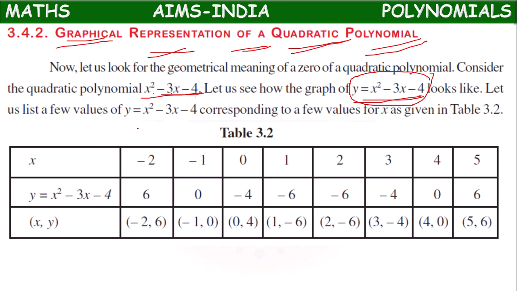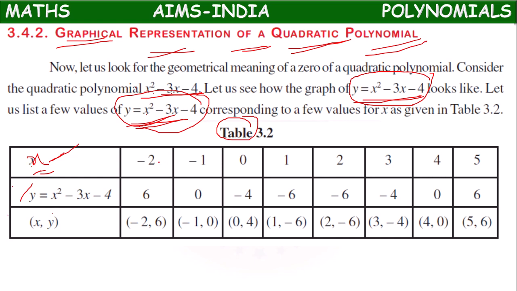So let's find the values of this expression. Means at which value of x, what will be the value of y? So we have to draw a table for the graph on which x values we have to take, y values based on the given expression we have to calculate. X values we have to take, like some negative integers, some positive integers.